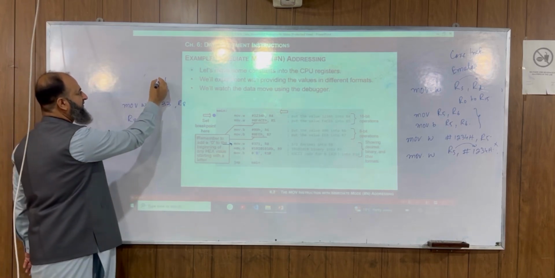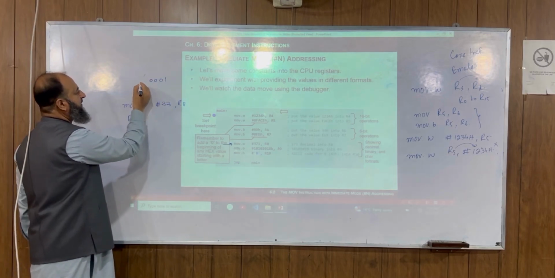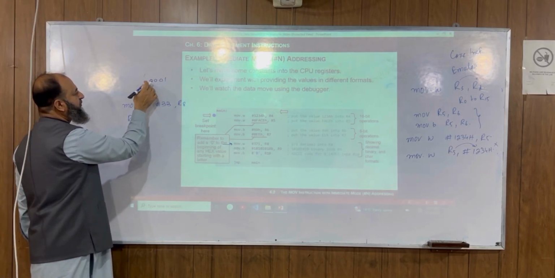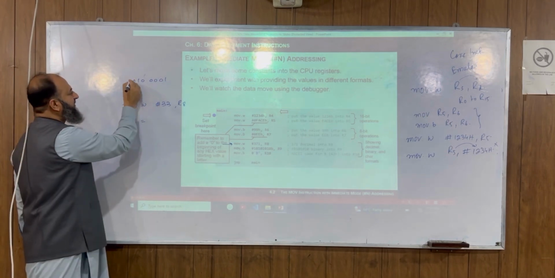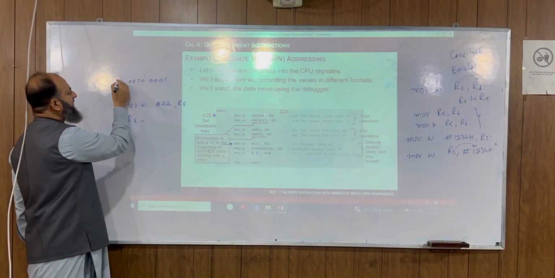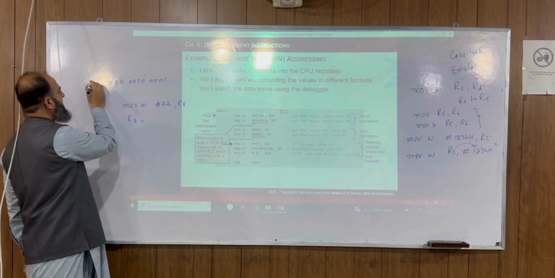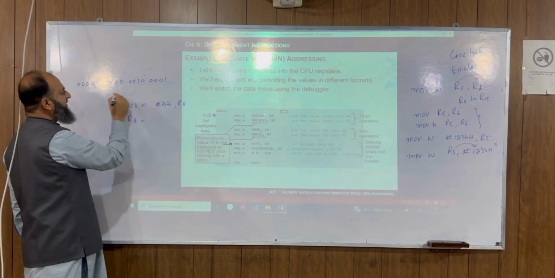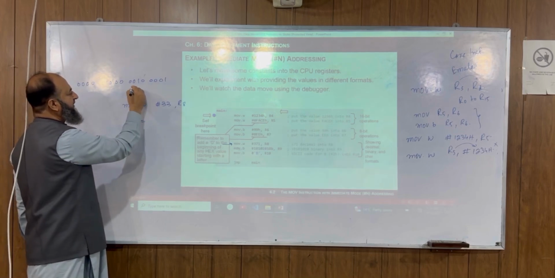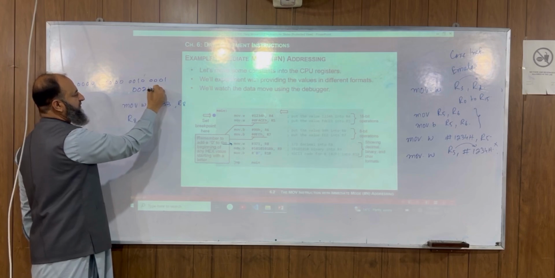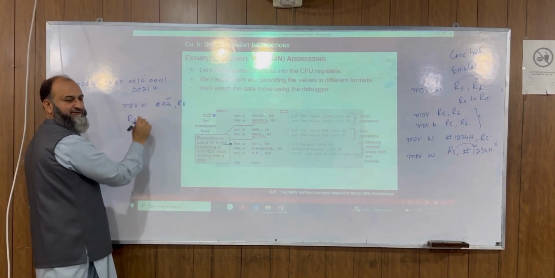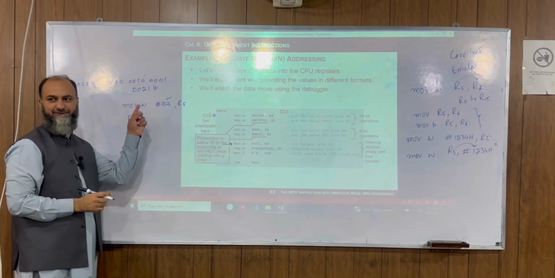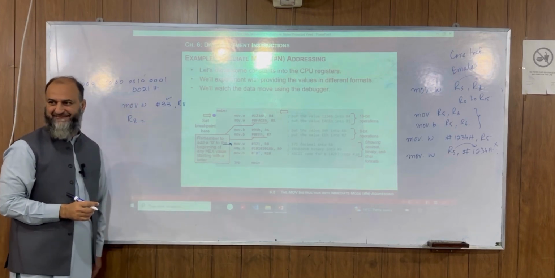So position number 5 is said to be 0, 0, 0. This is 0, 1, 2, 3. We have a 0 and 1. So we have 0, 0 over there, and then we have 0, 0, 0, 0. In hexadecimal, it is going to be represented as 0021 hex. So by the execution of this instruction, basically 0021 hex is going to be loaded into the register.